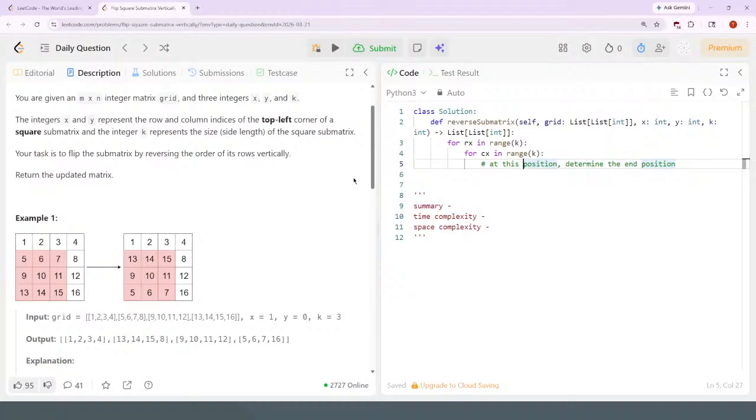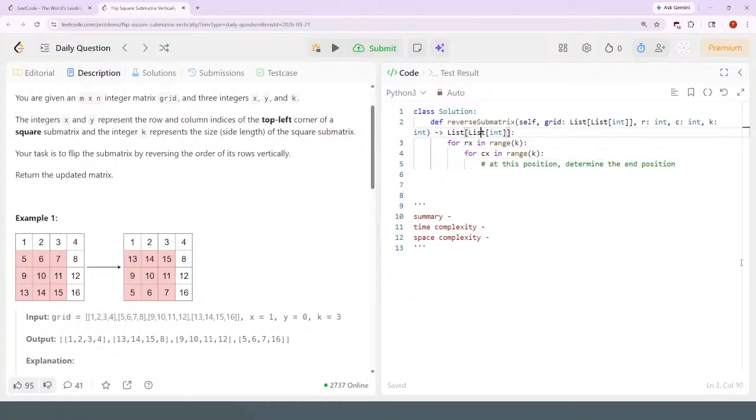I'm thinking of x and y in terms of r and c actually. Okay, this might not be that kosher, but I'm going to say r and c instead of x and y. Okay, so anyways,